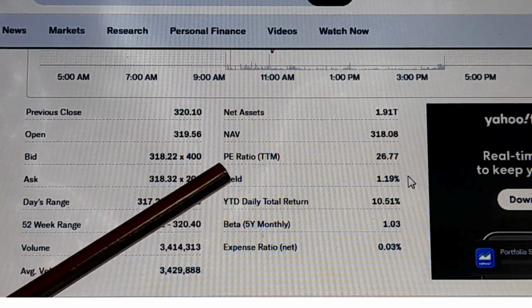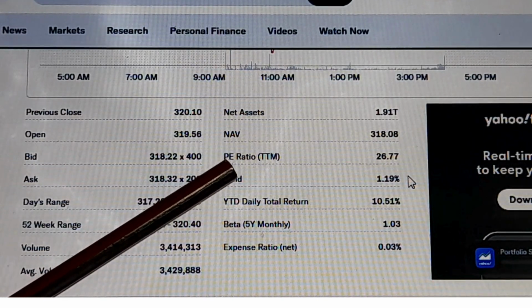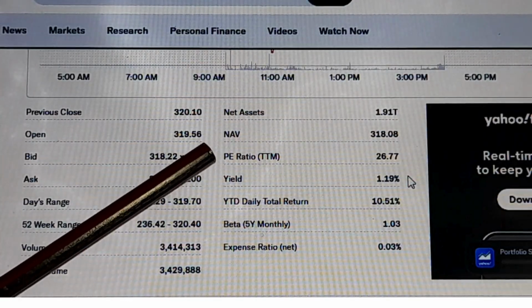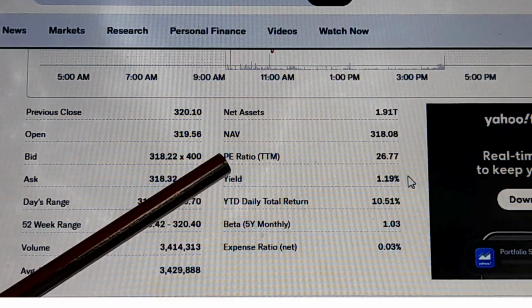Then next we have the PE ratio, the price to earnings ratio. So what do you use this for? If you want to compare VTI and other investments in the same group,